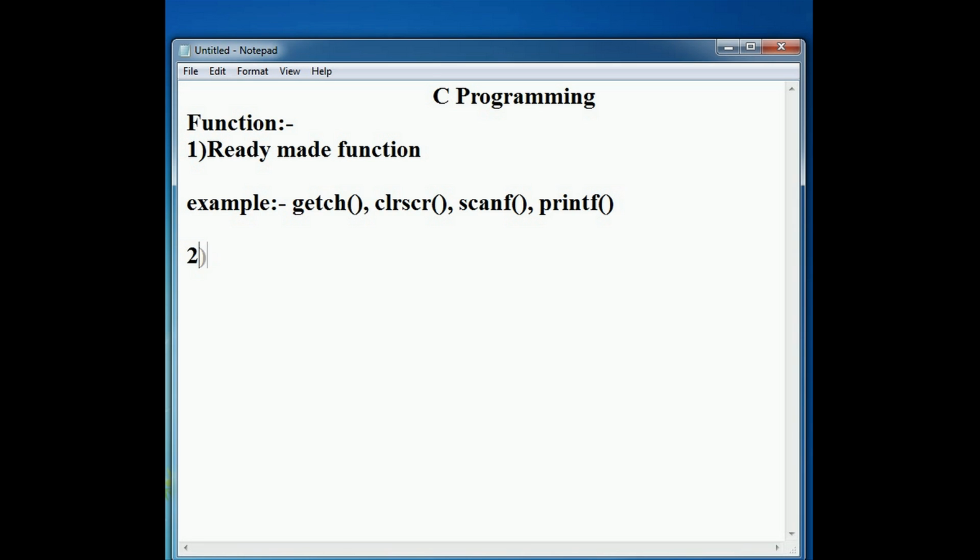But the other type is user defined functions. User defined functions are those functions which are defined by the user. Then we see how to declare user defined functions. There are three steps we can define user defined functions. First is a function